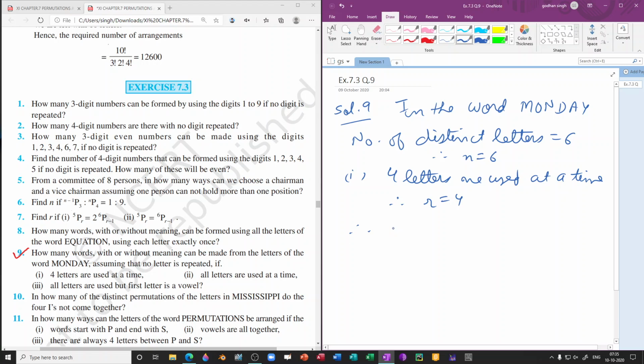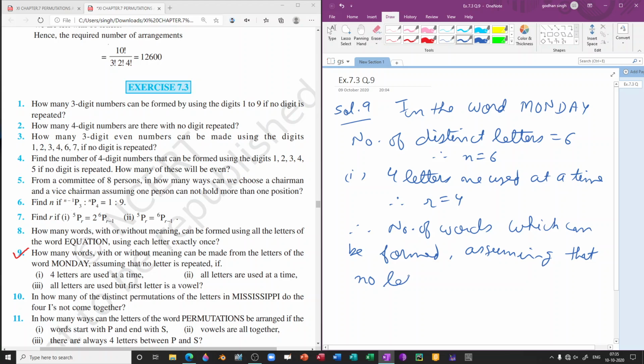Therefore number of words which can be formed, assuming that no letter is repeated,